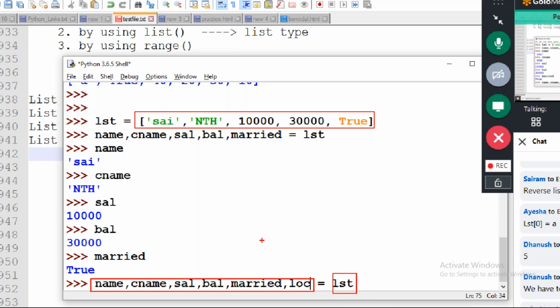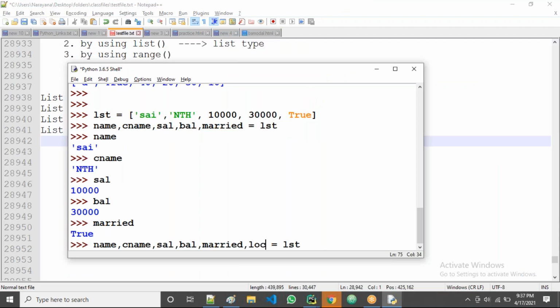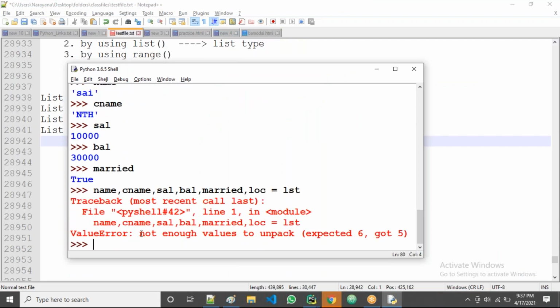It means not enough values to unpack. See, ValueError: not enough values to unpack, because expecting 6, but you got only 5.